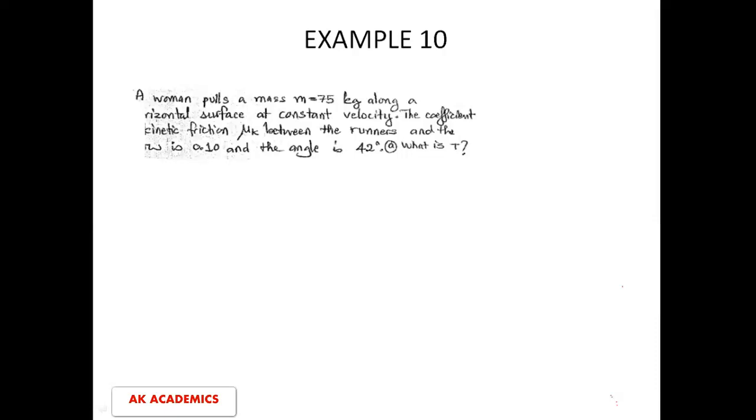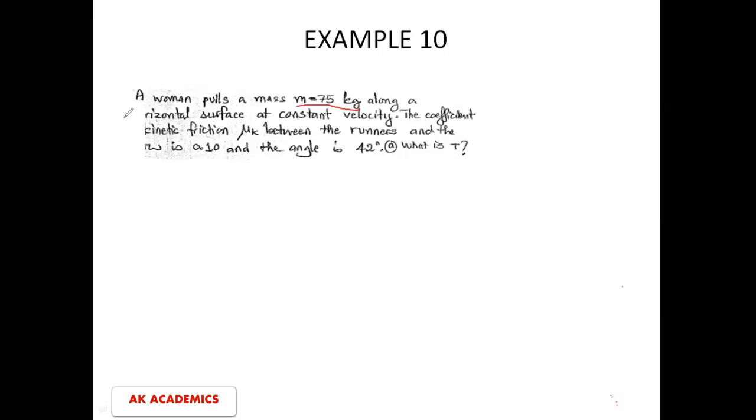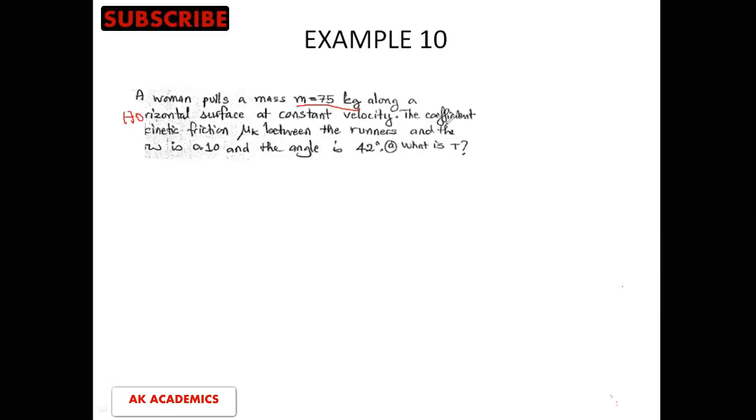Example 10 of force and motion under the frictional force. A woman pulls a mass M equal to 75 kilogram along a horizontal surface at constant velocity. The coefficient of